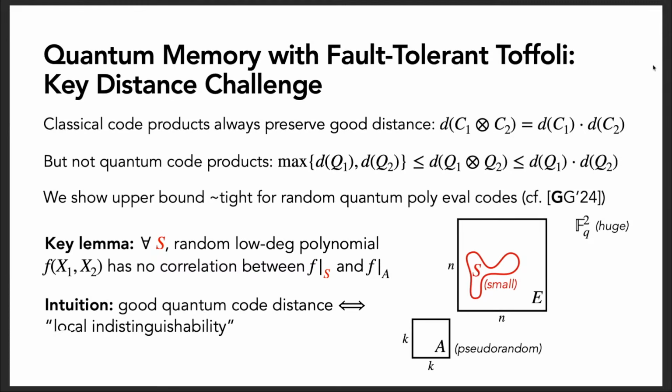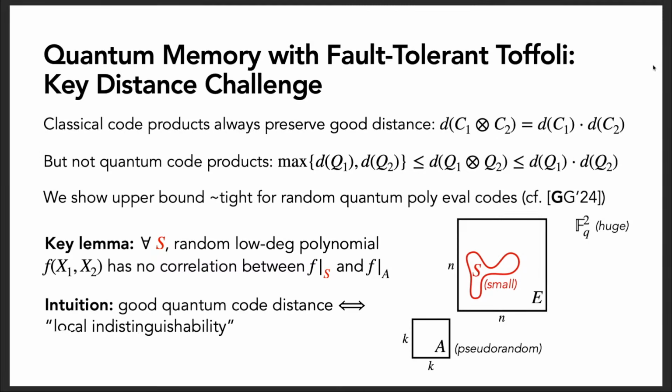And so intuitively, what we're going to do is define our polynomial evaluation code to have code components corresponding to points inside E, and message components, like logical bits, corresponding to evaluations inside A. So the evaluation of a polynomial inside A gives us the message, the evaluation inside E gives us the codeword, and the polynomial degree is large enough that there are many valid code words corresponding to the same message.